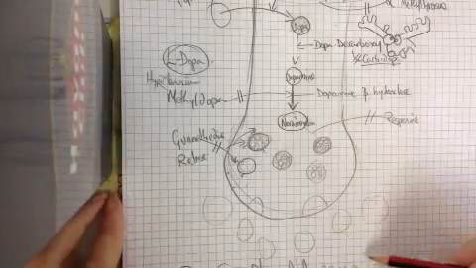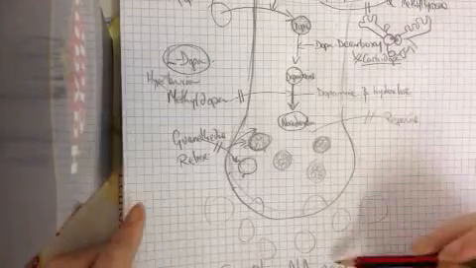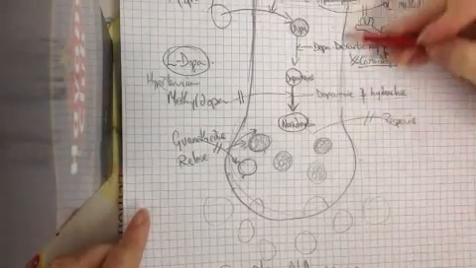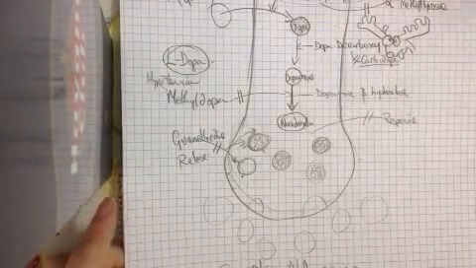Okay, so in that one we looked at the presynaptic noradrenaline neuron, right, and the drugs that act upon it. So next up